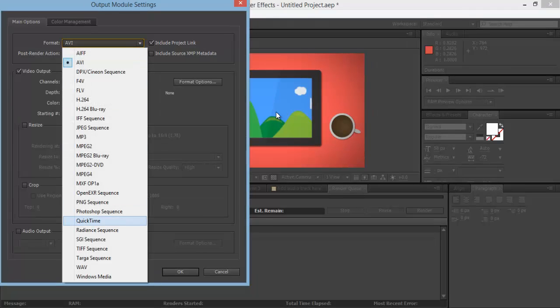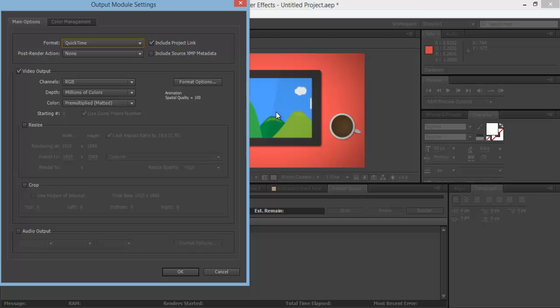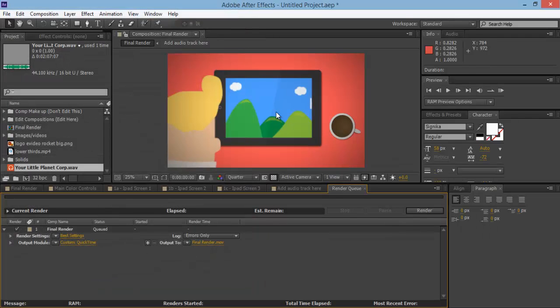I always go with QuickTime, and you can download QuickTime online for free if you search in Google if you don't have it, or you can use Windows Media or whatever desired one you want. So I use QuickTime, and then if you're using audio within After Effects, click on Audio Output and you can change up the settings however you like. Click OK, and then on Output To, click on Final Render,